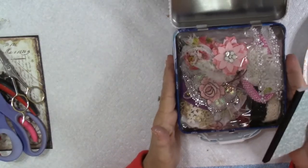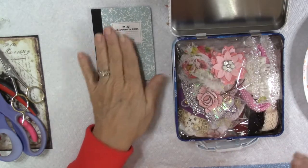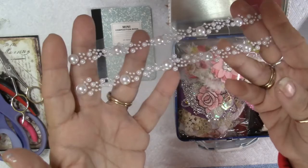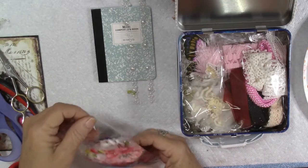You will be getting all of these items. So we have a little mini journal, composition book. I have some of my little pearls. These are the stickers. And we have a little bag that is filled with,